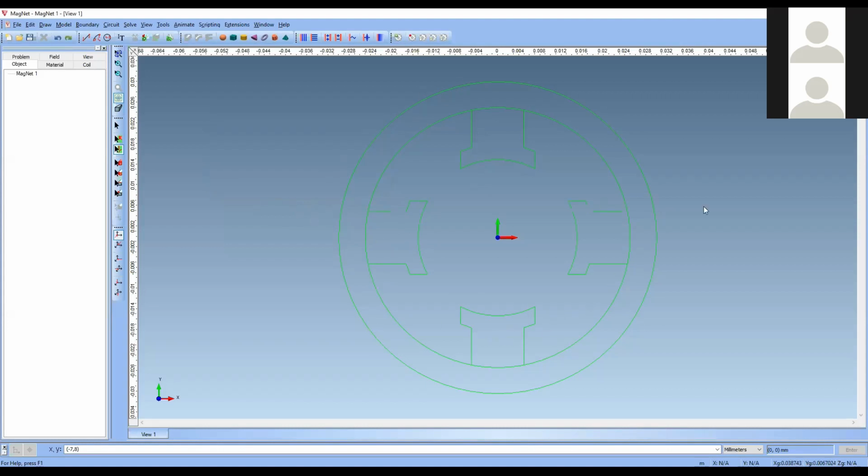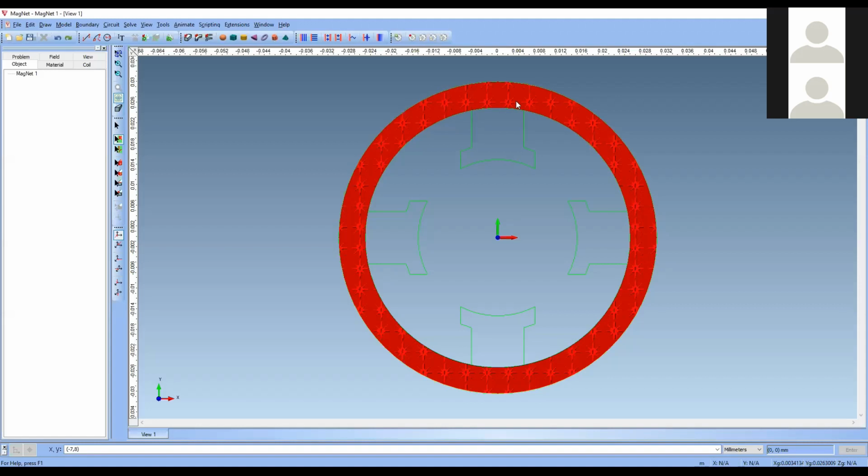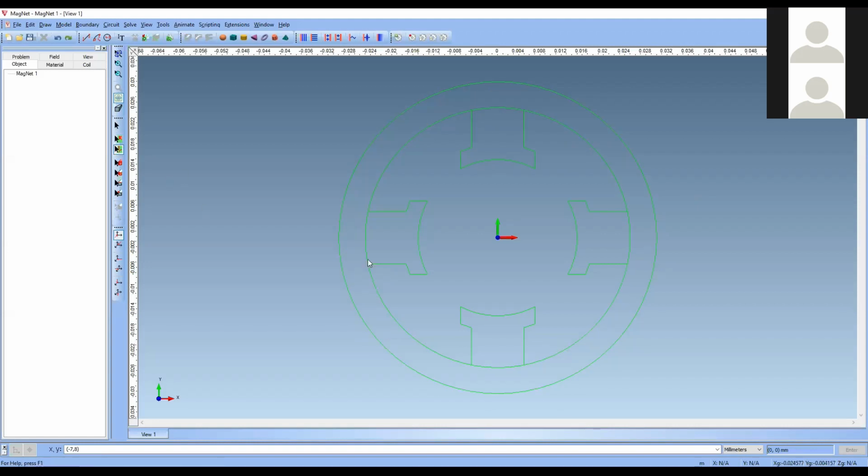Now your stator is ready. In this stator, if you select the surface and see, the stator is not completely selected, only the frame is selected. Why is this teeth not selected? Because this is stopping your design. This should be open. So now you click on this line, delete your unwanted portion. Click on this line. Now if you delete this completely, this will go.